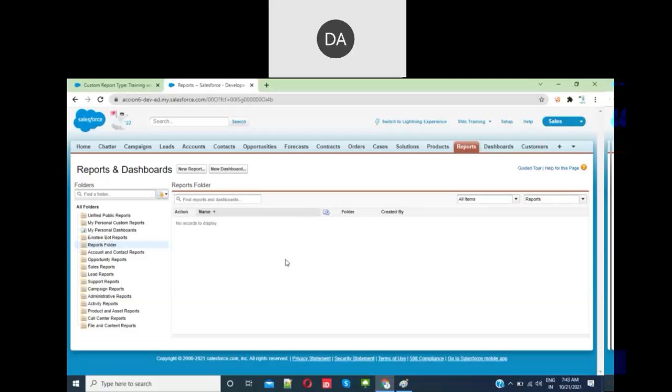Very important question. How can you provide access to reports or dashboards for the users? To answer, create the report folder or dashboard folder, then share that folder. Once you share that folder with any group of users, then it will be visible to those users. Those reports which are in that folder can be shared with those users. Okay, so this is how